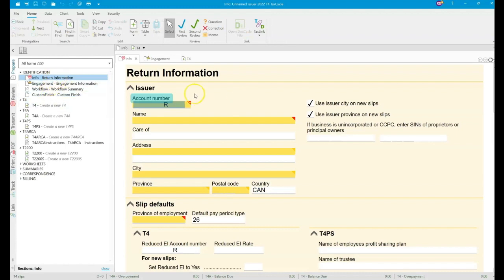The first screen or the sheet is the info sheet, and this information is for the employer. This information is only for the employer. So you put the employer business number, and it's always RP0001, name ABC, employer, address 123 Street,